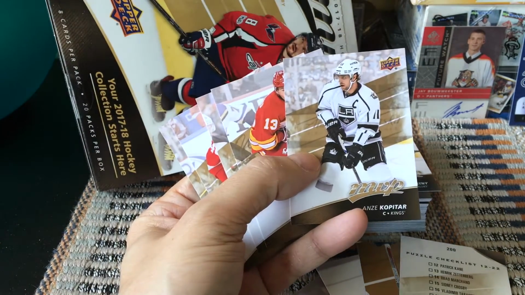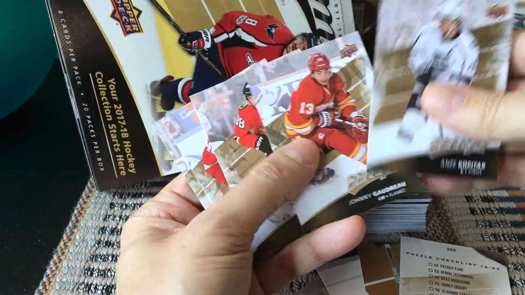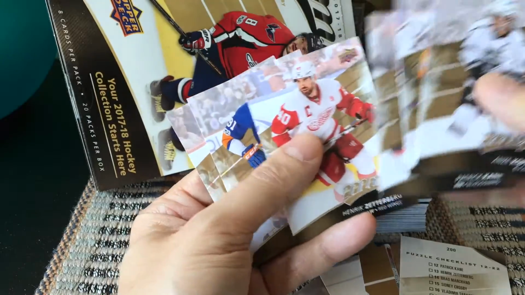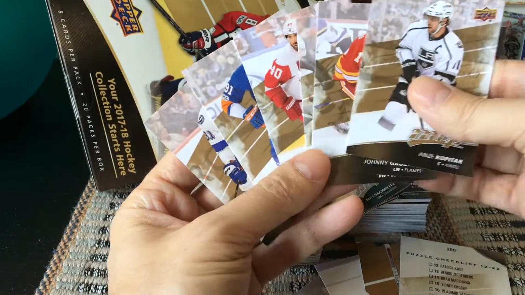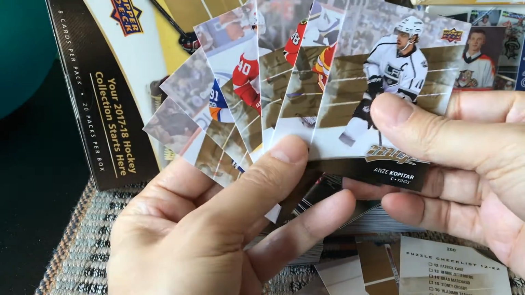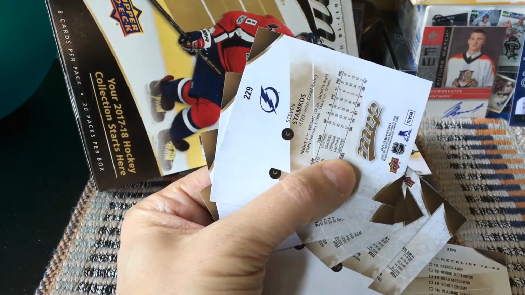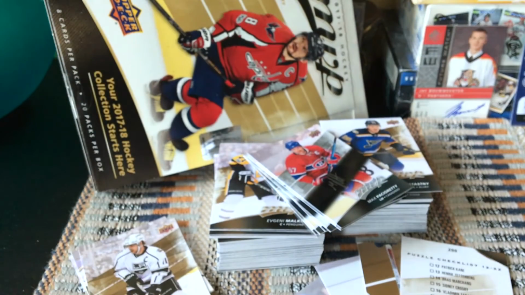We received these cats here, which would be our high-numbered series cards. The Kopitar, the Gaudreau, the Patrick Kane, who's having a tremendous year, Zetterberg, Johnny T, as well as the Stamkos. So there we have it. So these would all be high-numbered series if you can take a peek and a poke and a look at those. What else did we receive? We certainly received